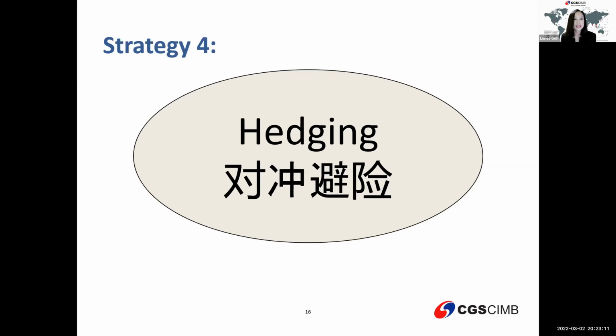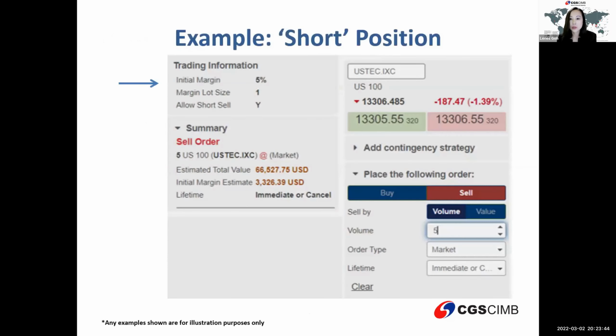So let's say, for example, I'm holding tech stocks for a long time, Facebook, then Tencent and all that. I think that I want to hold them for a long time and pass them to my son. But in times like that, all of these have taken a very bad hit. So seeing all the losses on paper and all that, I don't feel happy. So I can use CFD to short sell, like I said, the similar stock, or maybe just short sell the tech counter, US tech, which is the similar NASDAQ index in the CFD itself. I can just take a position.